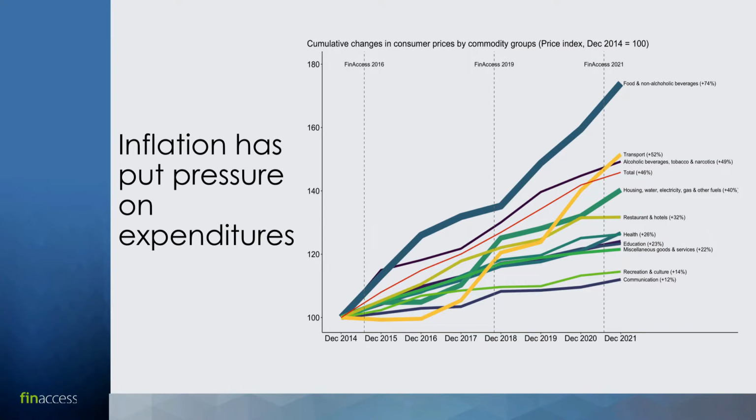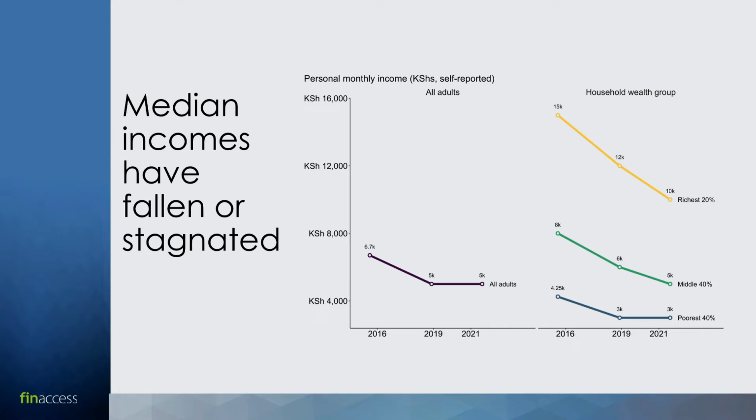In terms of people's financial health, it's partly dependent on their liquidity, on their purchasing power, on the sort of budgetary capabilities that they've got. And we've really seen that these household budgets have been put under huge pressure between 2016 and 2021. One of the things that we've seen is rising inflation, which has put pressure on expenditures, particularly basic foods and services. I'm going to run through this quite quickly because I want to get to the panel discussion, but you can also read the paper on our website.